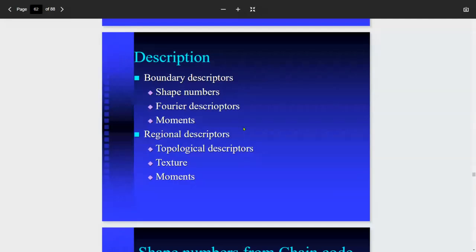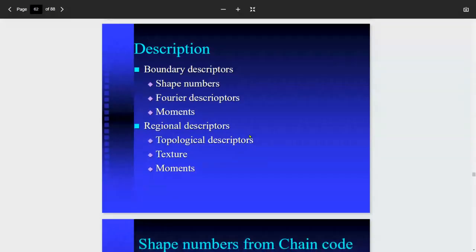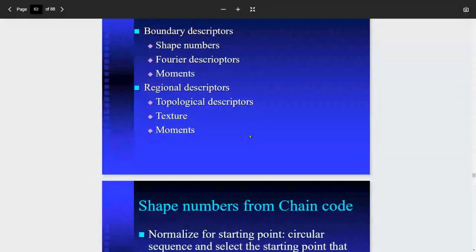So there are different techniques to represent boundaries. Some of these are captured in the sample projects that you can take a look at when you, for example, apply certain filters for edge detection. Those filters can be Fourier-based filters or similar filters that best capture the edges and allow you to detect boundaries and represent them also. The regions likewise can be represented in different ways using topological descriptors, defining the texture sometimes,